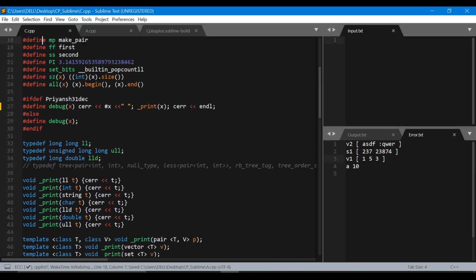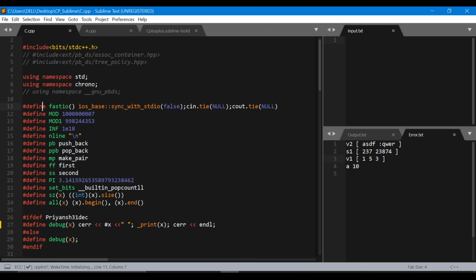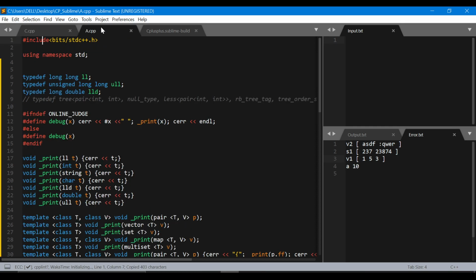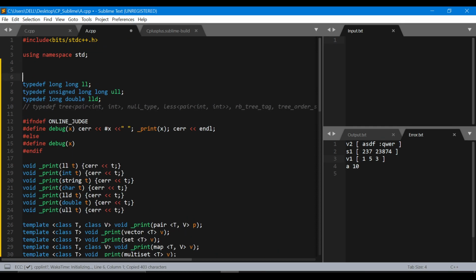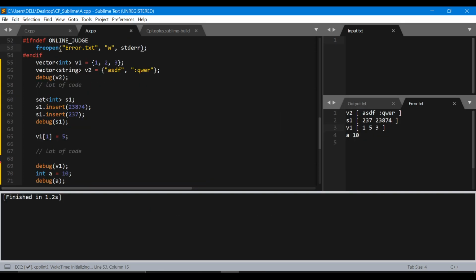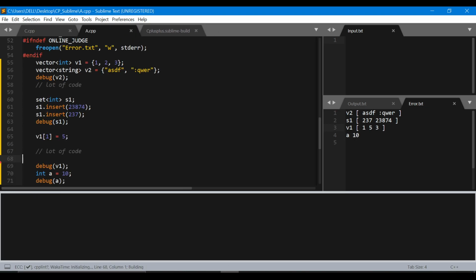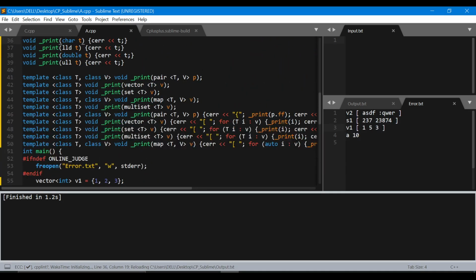And I'll also copy some of my hash defines because there are some things like PB, SS, FF that are being used inside that same template. So let me just copy it. It does not matter. So yeah, now let's try to run this code again. Okay. And yeah, here is the exact template that I use for debugging.